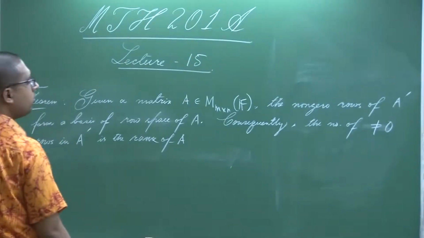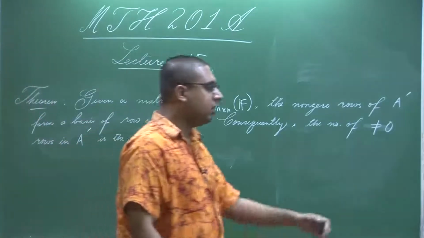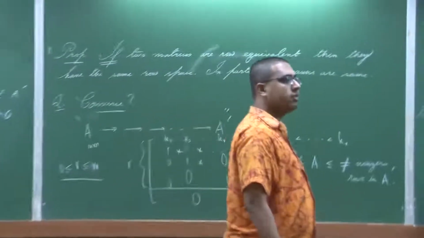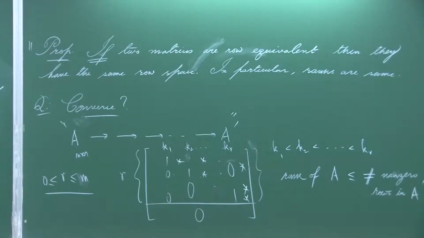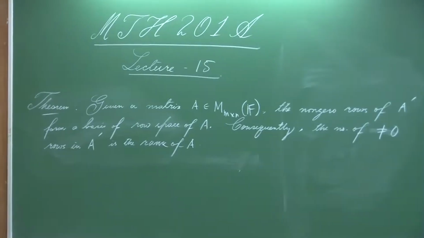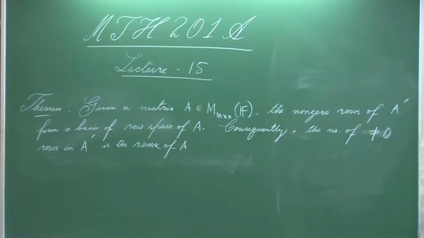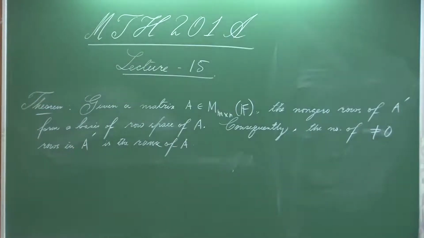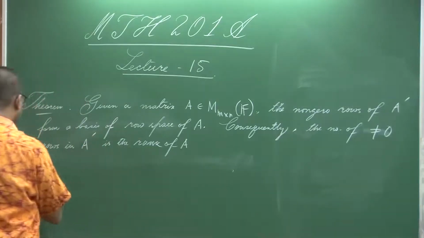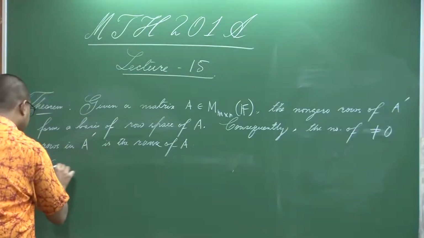Now, the question that we want to ask at this point of time is, so what we have seen is, given a matrix A, its row space is a subspace of Fn, and we have found a basis for that by row echelon form. The row space of the row echelon form is the row space of the given matrix A. So, now we ask the following question, that given